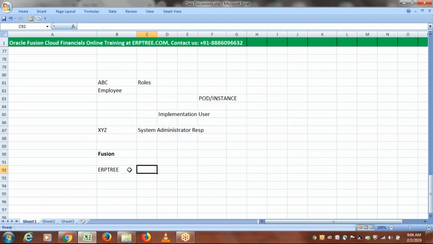But in the Fusion application, if you have one user, say ERP tree user, to allow this user to work on any configuration or anything which is required as a part of implementation, we have to provide the 3 roles. Okay, we have to provide the 3 roles. Those roles are,